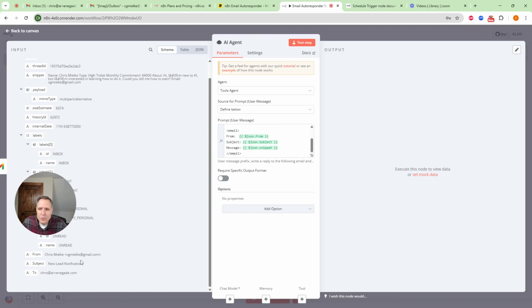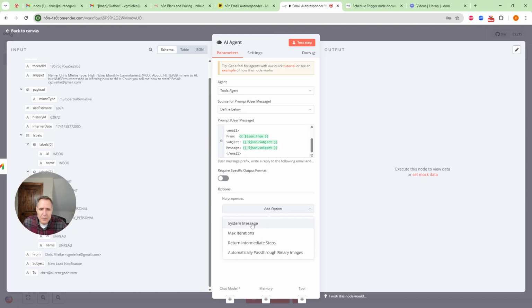What a lot of people do from here, if you don't want to use actual JSON like here, is take this out, and then you can actually just drag and drop into here. So notice that it's the same thing, but now it's writing the JSON for you and not taking any additional text and dropping it in there. So it's writing in the format that it will say, okay, I understand these are going to be variables that are going to be coming through for every email that comes in. It's not always going to be the same. So you need to establish these variables so that it knows that, okay, I'm going to parse through these emails